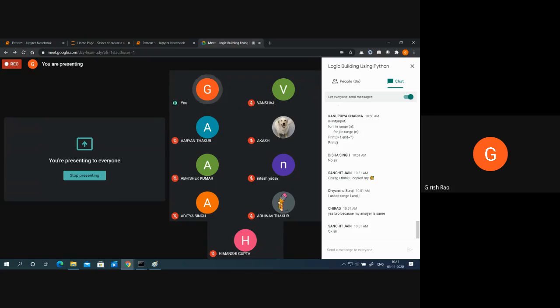Because in the placement, the camera and everything is enabled. In case you copy even once, you straight away fail. And even in the end term examination. And don't even try to copy it from the net, because you'll be failing yourself. Once the advanced topics start, you won't be in a position to get the answer from the net.